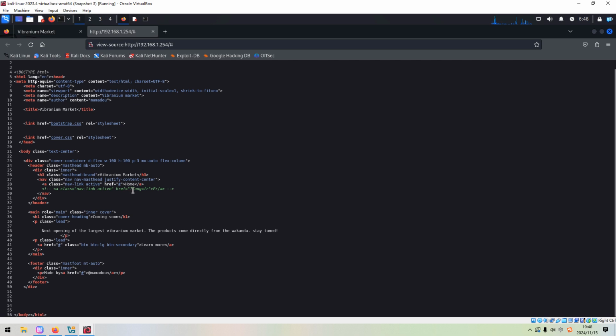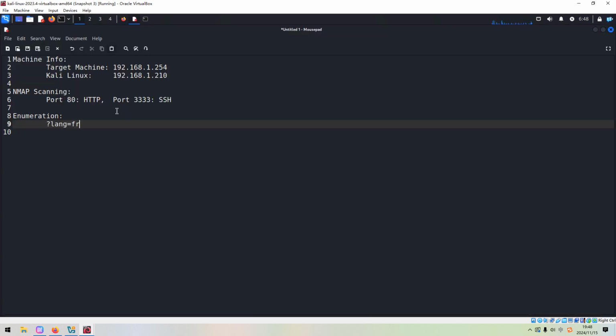We can copy this comment. It looks like this is some parameter. The parameter name is lang. This is a very common parameter name, with which you can specify the language. We can copy and put that over here.